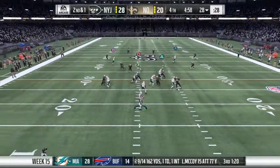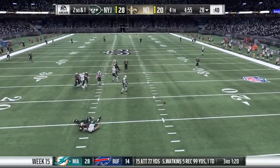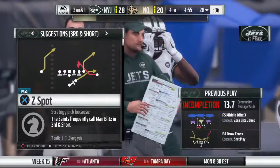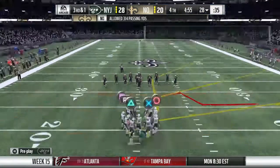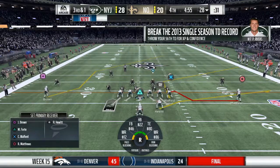Off the play fake here, Rivers. And he'll be hit as he releases it, and that'll fall incomplete. Matthews, the intended target, and it's 3rd and short. The good signal callers would never go back in the huddle and play the blame game because they need those